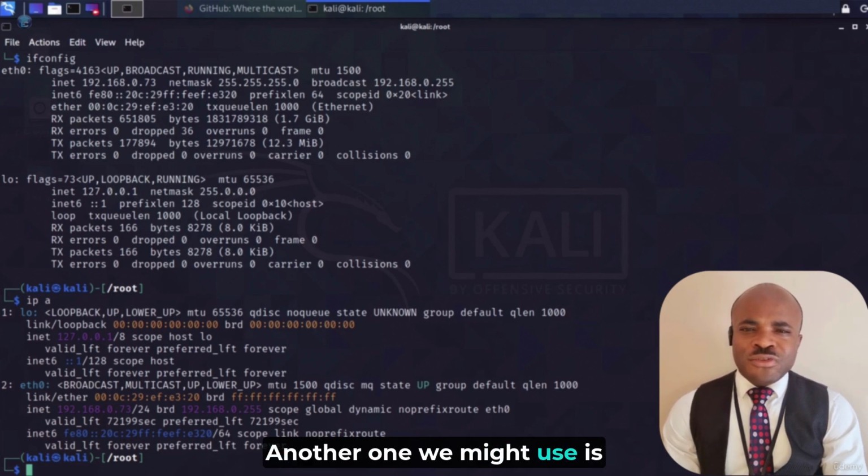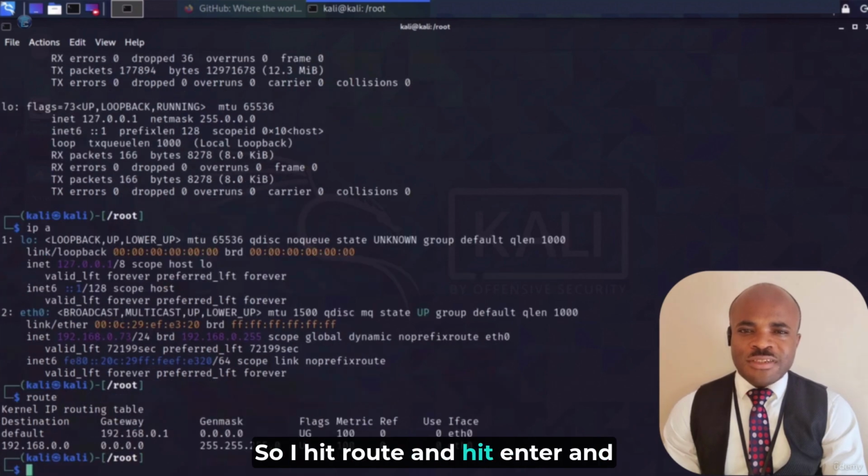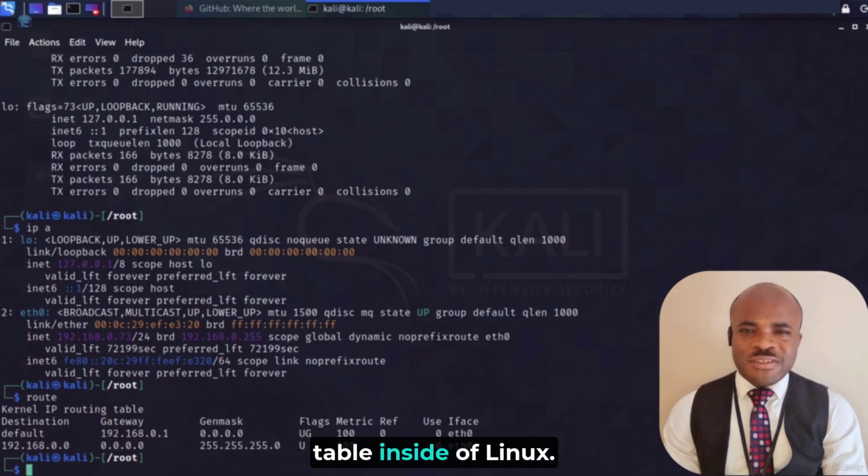Another one we might use is the simple route command. So I hit route and hit enter, and this is going to allow us to see what's called the routing table inside of Linux. If you have familiarity with Cisco devices, then this is a concept that's familiar. The routing table allows us to see our neighboring routes, or in other words, the ways that we get to other places on the network. So in this case, you see that we have a default gateway